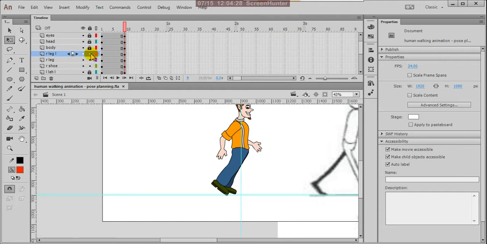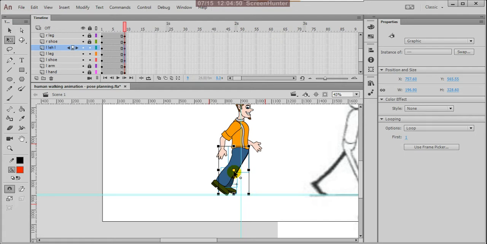Now we can lock this, open the L leg properties. So you can choose this by dragging this.